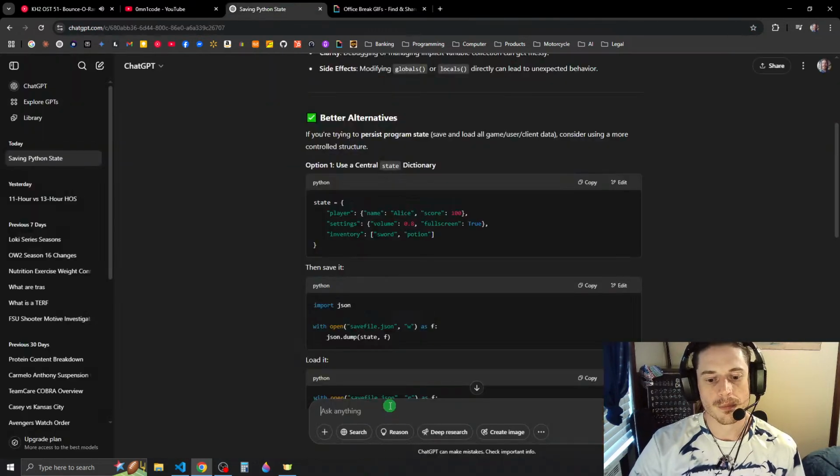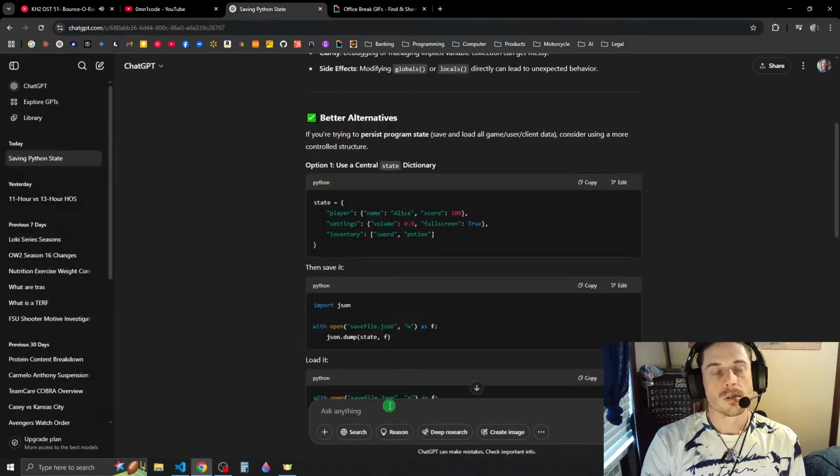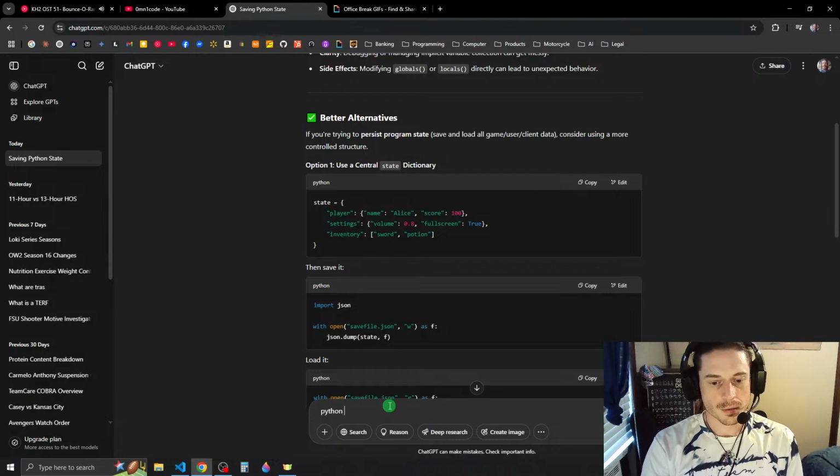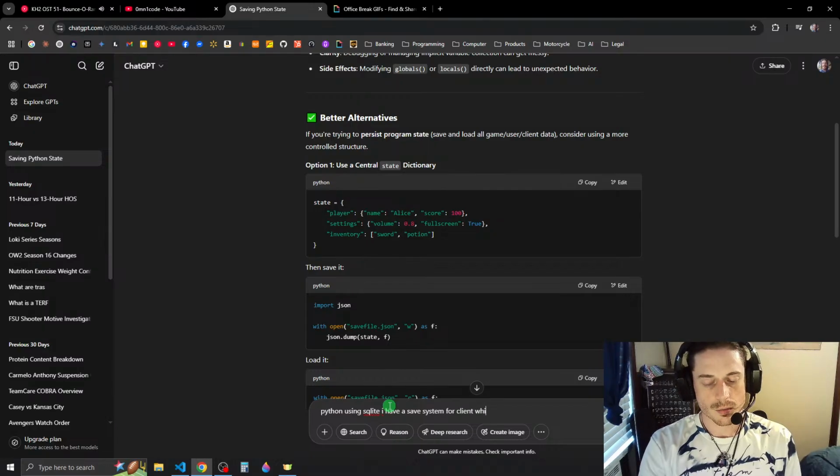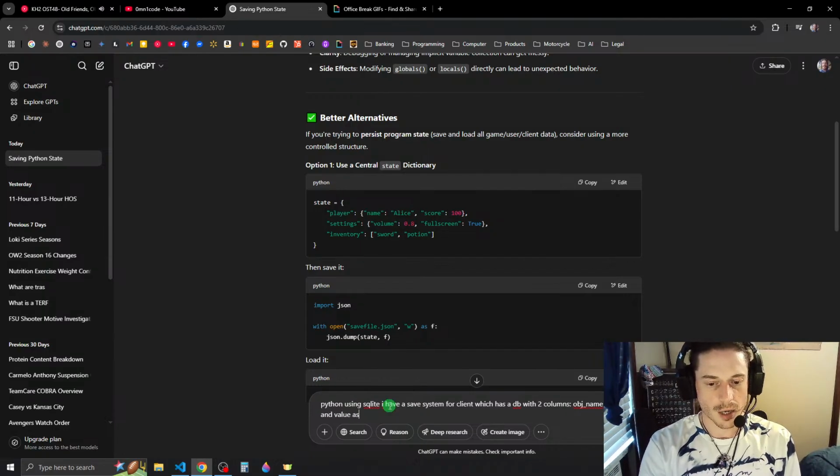Let's say Python using SQLite. I have a save system for a client which has a DB with two columns, object name as text and value as blob.